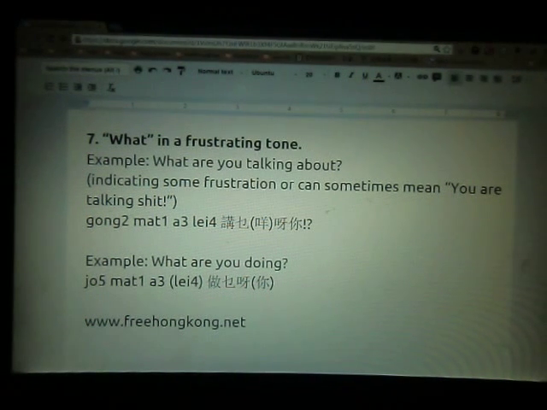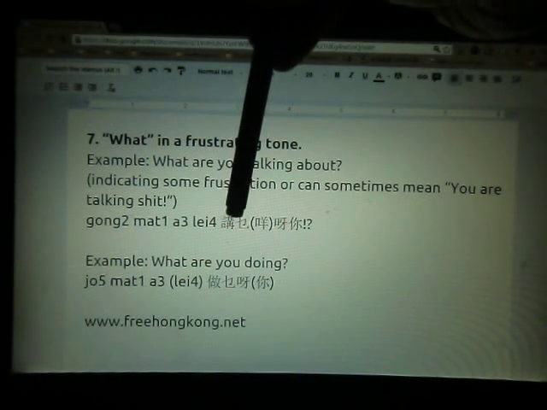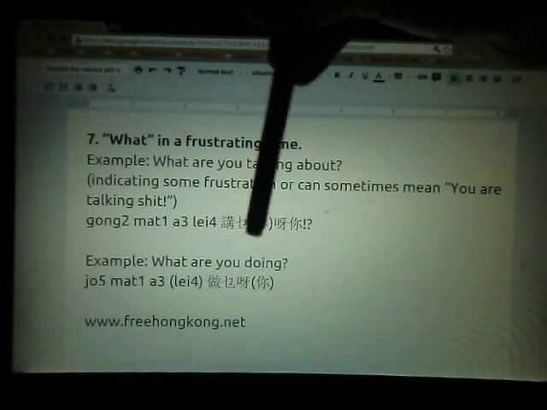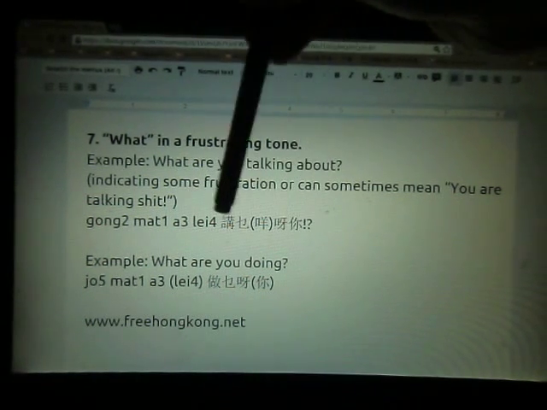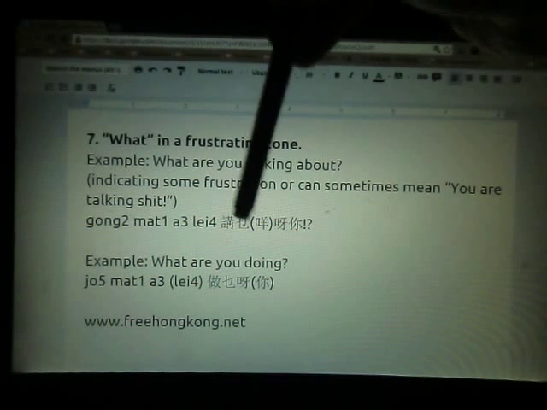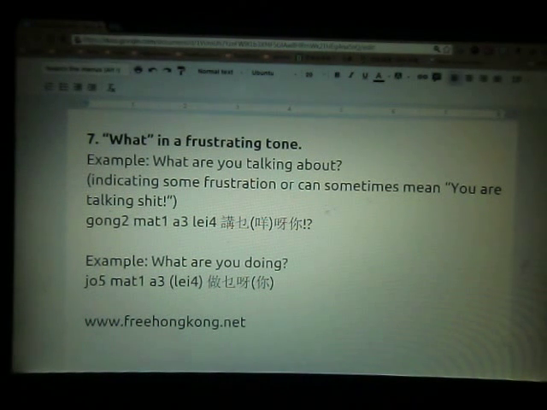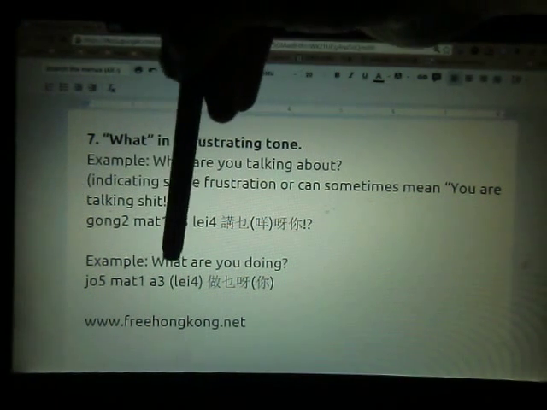In other words, you don't like someone who just says something, so you say 講乜, 講 is speak, 乜 what thing, 你 you. 你講乜, or instead of 你講乜 we say 講乜你講乜你. So you are showing your frustration. In other words, you're saying something like what the hell are you talking about, what the hell did you just say. 講乜你。